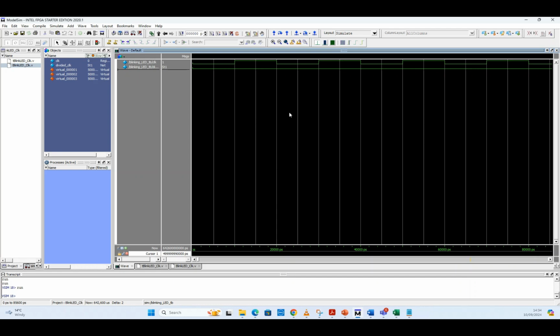here is the zoomed view of the signal. You can see the clock signal is toggling every 10,000 picoseconds, which is 10 nanoseconds. And if we zoom it out,